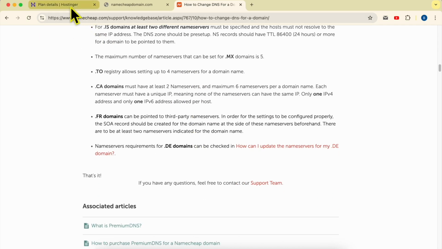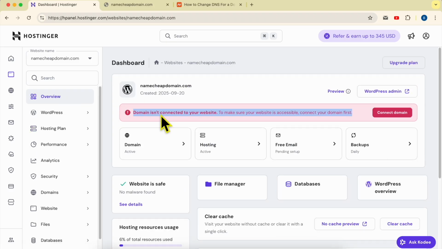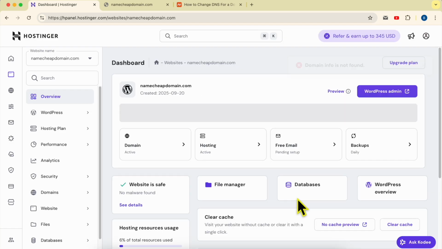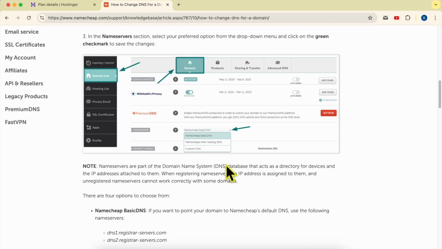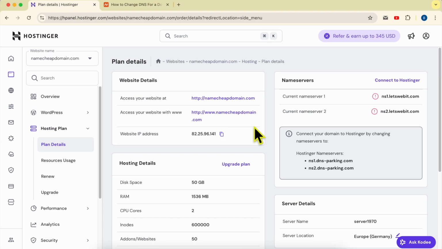Then what you need to do is go back to Hostinger, go to overview, and if you see a red alert like domain isn't connected to your website, let them know that you've set your name servers, or that you've pointed your Namecheap domain to Hostinger using name servers. Click on the button which may say connect domain or something similar, then confirm your connection like that. Now you need to wait a little bit of time. Sometimes this name server change